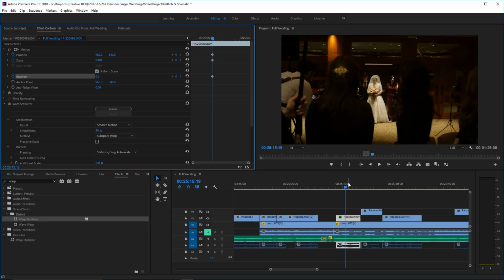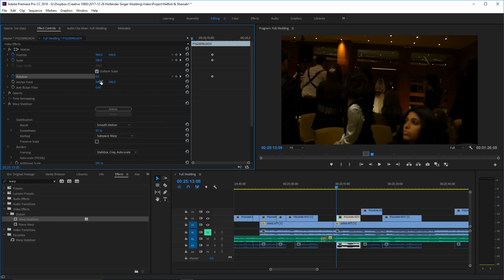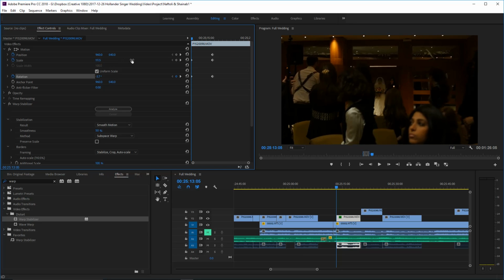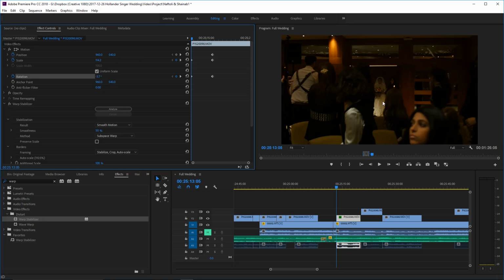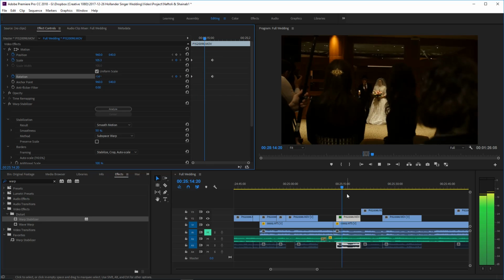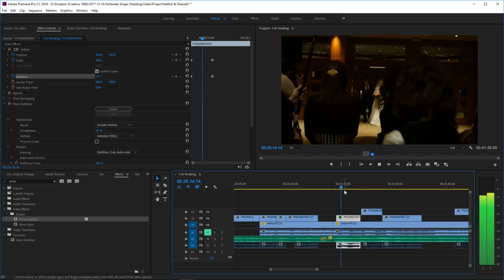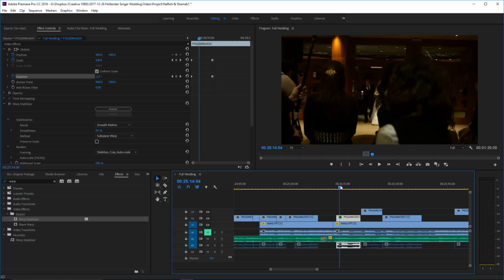First we're gonna find the point where it goes back to proper. So right over here, we're gonna make a keyframe for the position, the scale, and the rotation. Now we're gonna go back to the beginning of the clip, and I'm gonna start by adjusting the rotation to get it to where I want it. Now the edges of the clip are showing, so we're gonna zoom in, and sometimes you also need to play with the position, which is why I made a keyframe, but in this case it doesn't look like I need to.